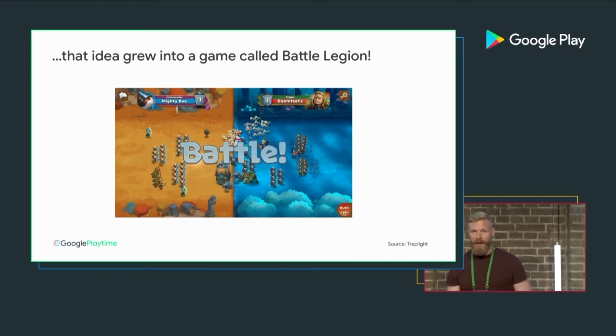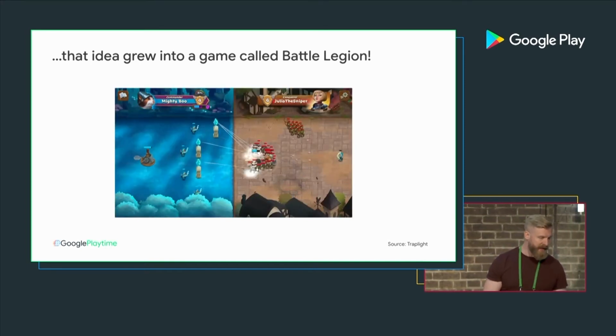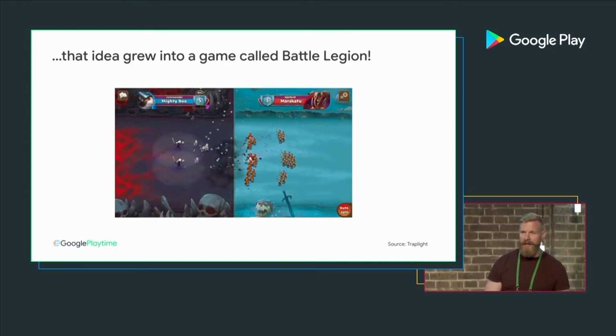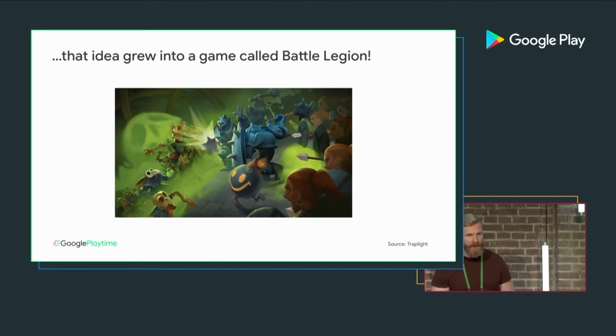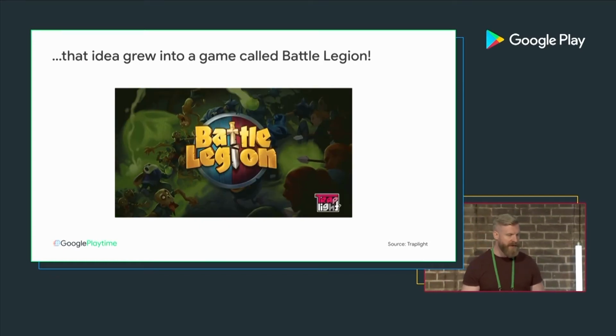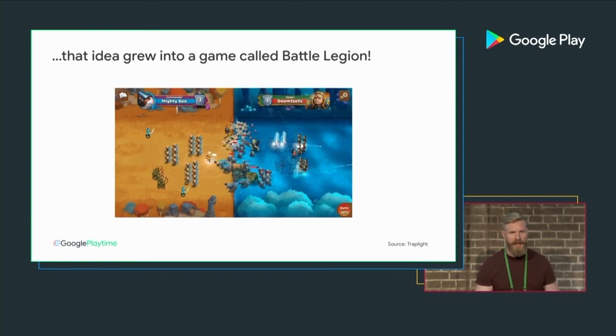So our game is called Battle Legion. It's an async PvP spectator battle game. It has deep strategy element, but no player interaction required during the matches. And this is what separates it from most of the real-time PvP games. It also has a very unique, almost slot machine-like core interaction, where you can swipe the screen and find an